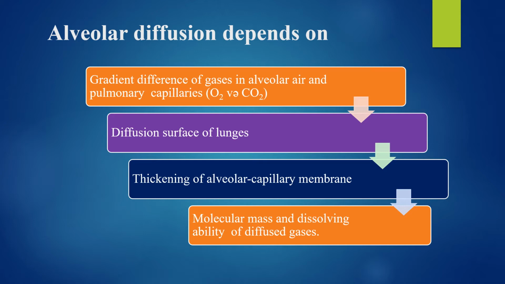So, normally within 1 minute, 15 milliliters of oxygen and 300 milliliters of carbon dioxide diffuse through the alveolar capillary membranes. And therefore, with most respiratory diseases, oxygen diffusion is mainly disturbed and hypoxemia develops against the background of normocapnia. A disorder of the diffusion of carbon dioxide occurs in severe damage to the alveolar capillary membranes, for example, adult respiratory distress syndrome, and this is accompanied by hypercapnia and hypoxemia.